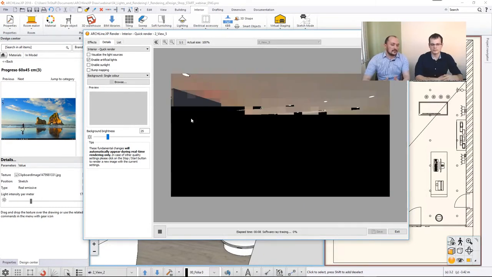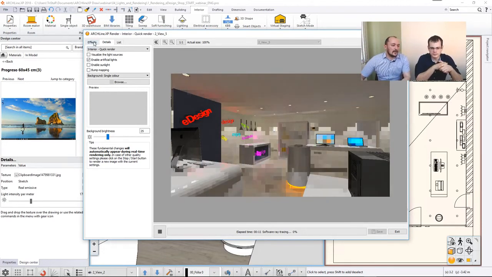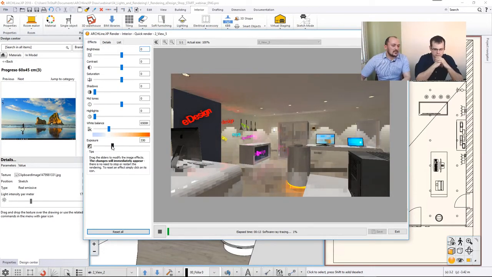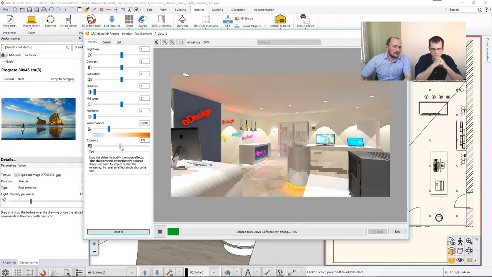And while it's rendering, I can go to the effects and I can change the exposure, because here this image looks a bit underexposed. So I need to increase the exposure until a point where I'm satisfied with the result, and I say, okay, whites are white enough and I don't have too much washed out surfaces. Now I actually have too much, so let's just dial it down. But the thing that I'm about to highlight here is that first you should set up the exposure and then